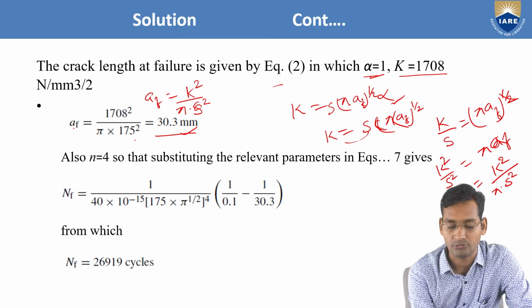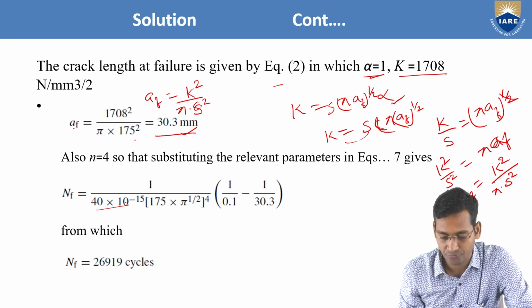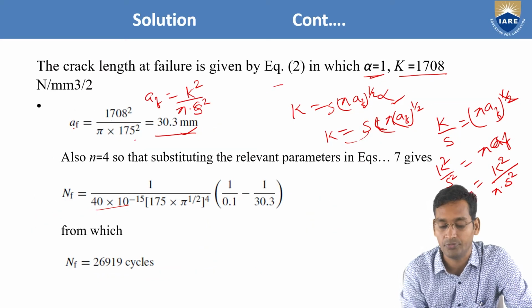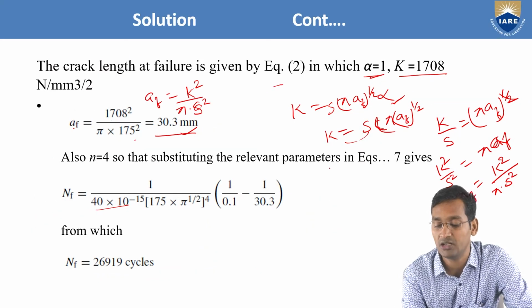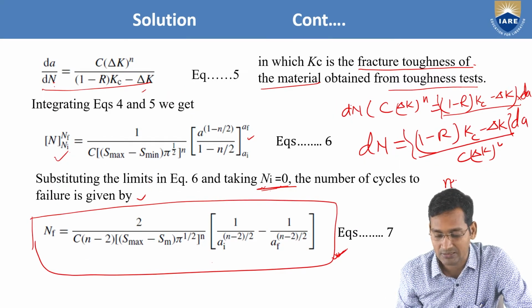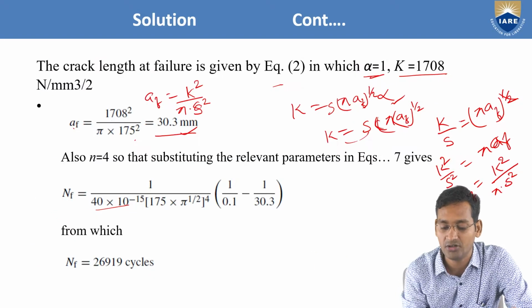So now NF is 1 by, so let's see here, for this material the value of C is for n equals 4 we are taking. So substituting the relevant parameters in equation 7, in this we will substitute S max minus S min, which is directly given as